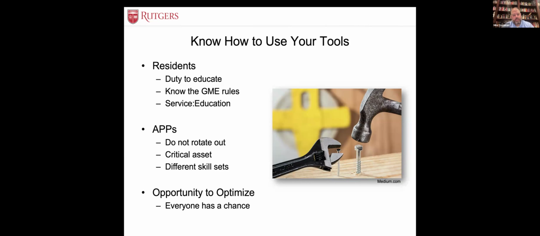Okay. So residents, the balance there is you have a duty to educate the residents, right? If we're going to continue the whole medical system the way we have it built, we have a duty to teach them just like those above us taught us. But the important thing is you have to know the GME rules. One of the most common citations that residencies receive is a service to education imbalance. If the residents or the GME feel that the service to education balance is in favor of service over education, that's a good way to get your program in trouble: citations, probation, things like that. So the important thing is you have to make sure that education is the priority over service, right?